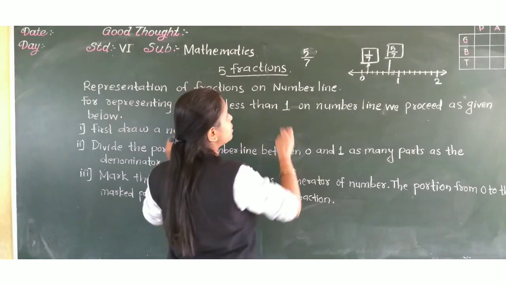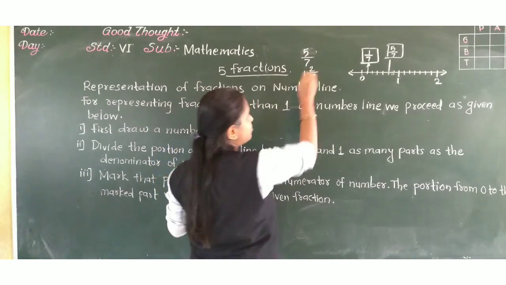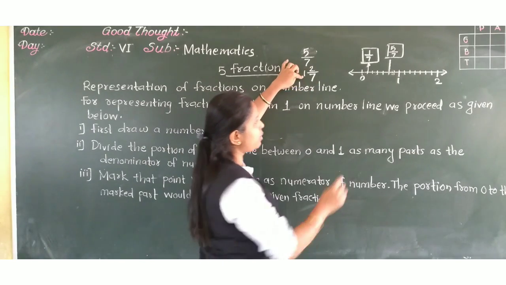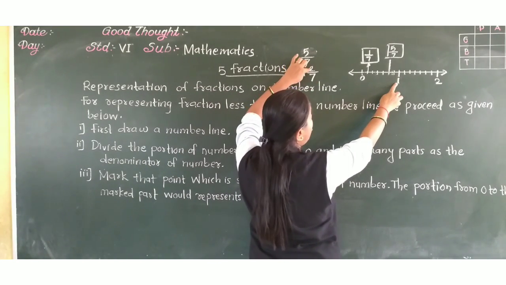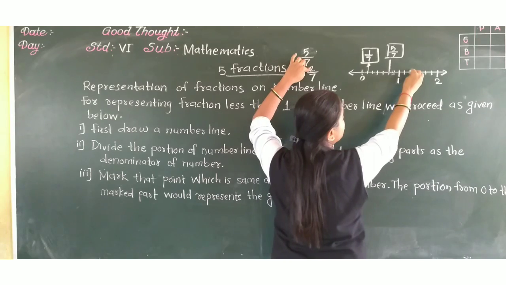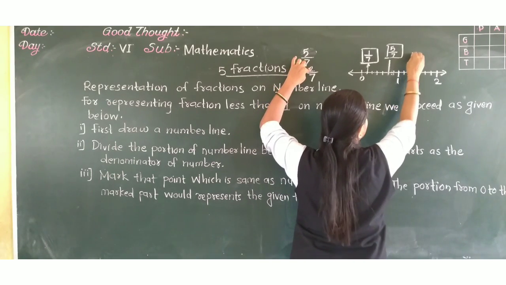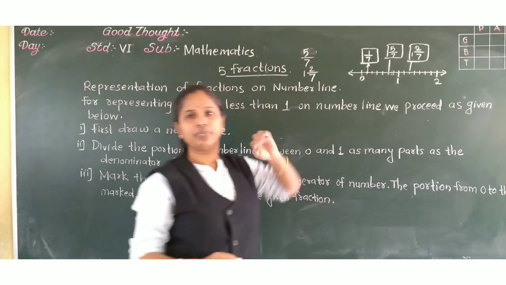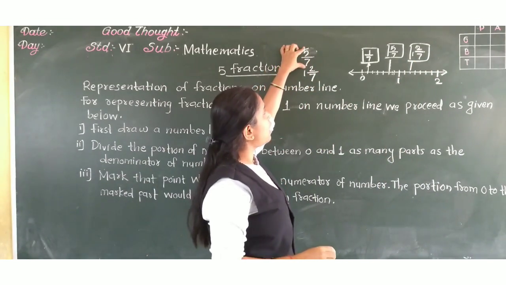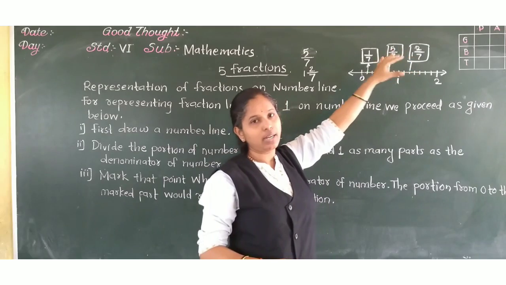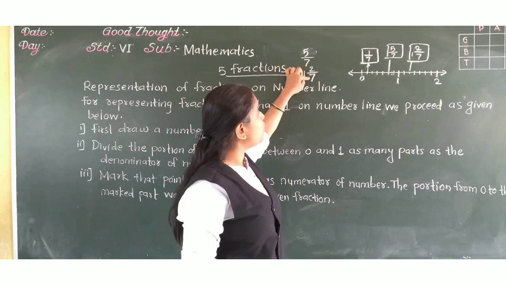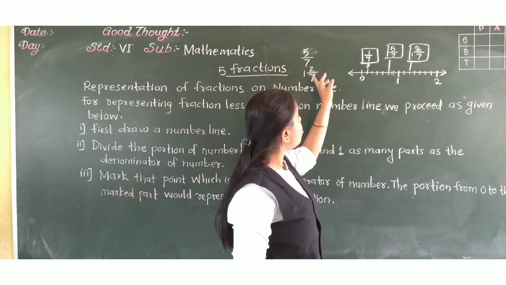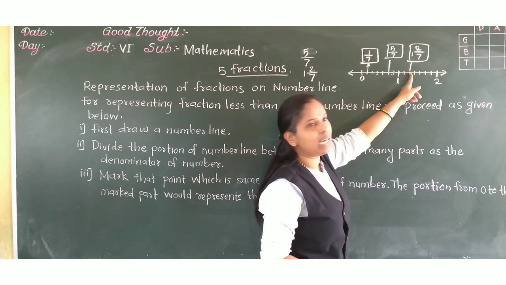Correct? Now if it is 1 and 2 upon 7. See, yeah, this is a mixed fraction. 1 and 2 upon 7 means 1. There is 1 here. Correct? After 1, how many lines? 2. That is 1 and 2. So where is 1 and 2 upon 7? This is 1 and 2 upon 7. Followed, students? How to show a fraction on the number line, did you understand? And mixed fraction also, see, 1 and 2 upon 7 means 1 whole part, that is here, and after that 2 upon 7, that is after 1, the second line.